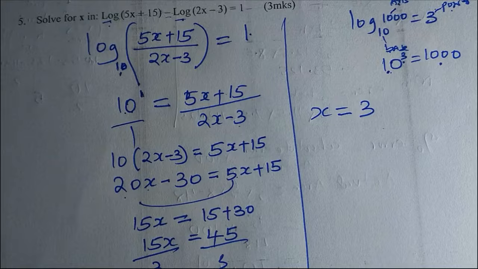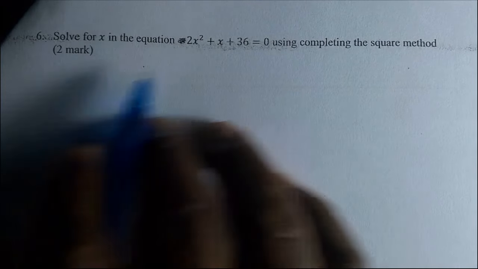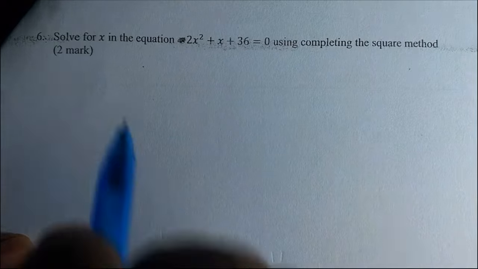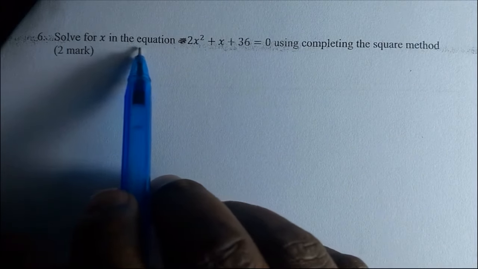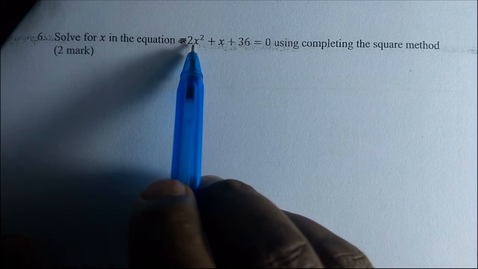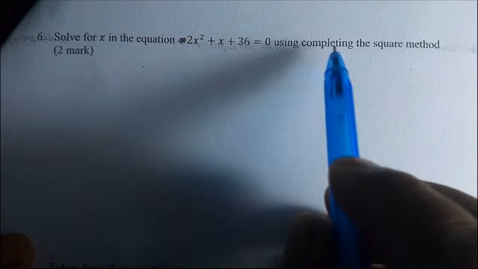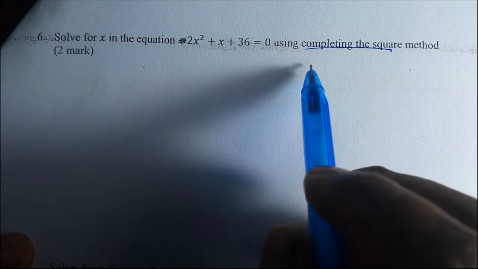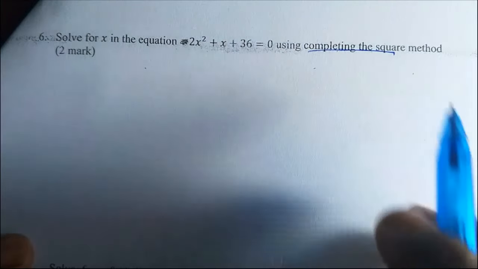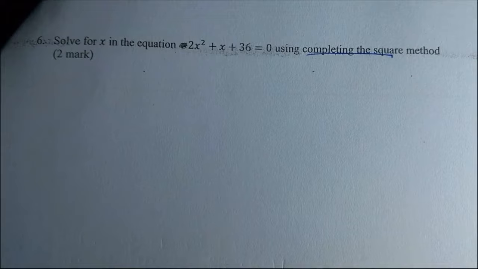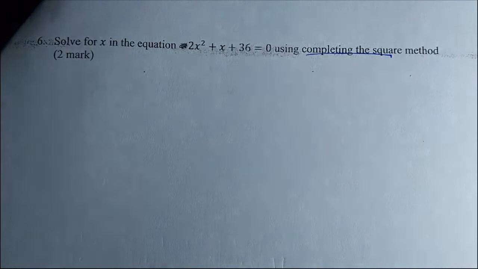So allow me to quicken this one because I see this video is going to be very long. Solve this one. This is 2x squared plus this, using the completing the square method. Whenever you are asked to use a certain method, please make use of that. If you use a formula here, you will get a 0. So the first thing you need to do